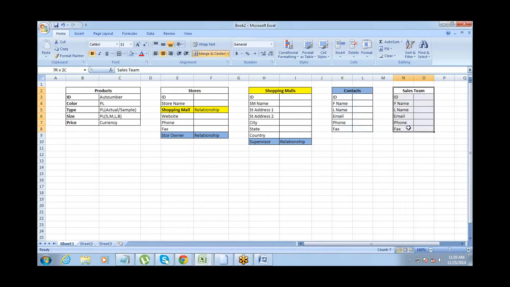Okay. Now what do you think? Do you think we can merge these two tables, sales team and the contacts? Contacts is the people on the customer side, sales team is our sales team. Do you think we need 2 different tables, or we can club both of them? Can we have one single table instead of having 2, because the fields are almost same?